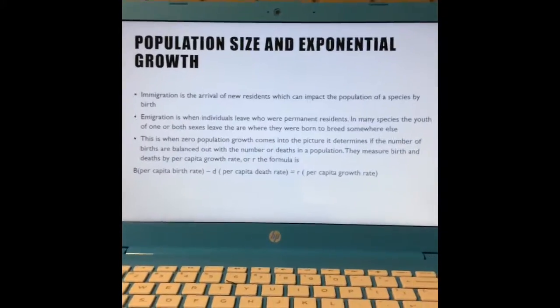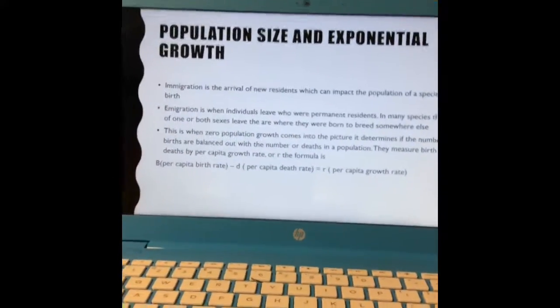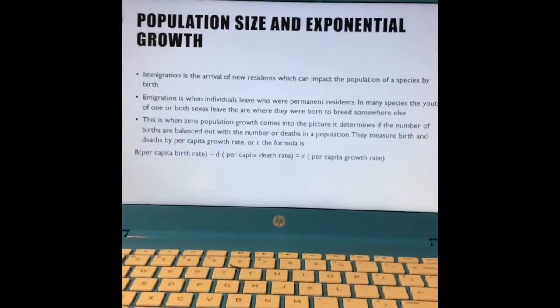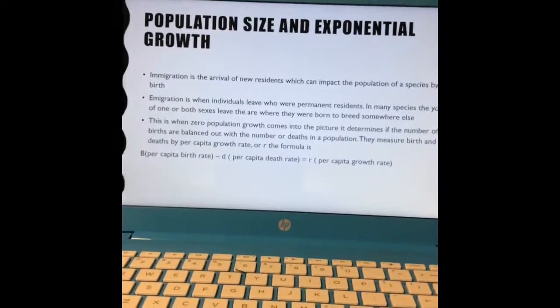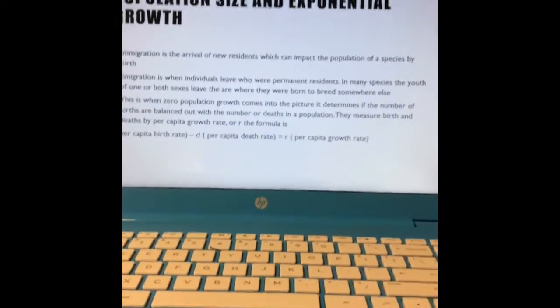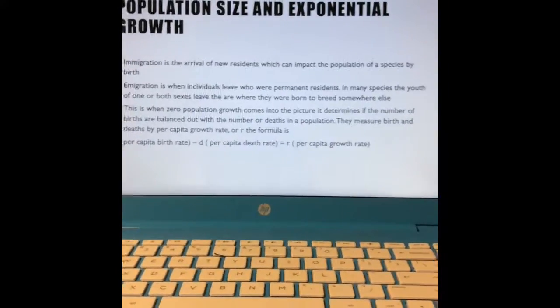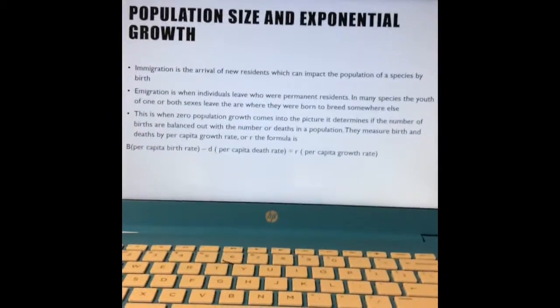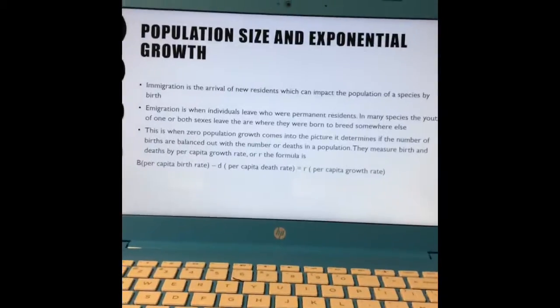In many species, the young, either male, female, or both, tend to leave so that they can breed somewhere else, so they can have their own habitat, their own resources that they need in order to